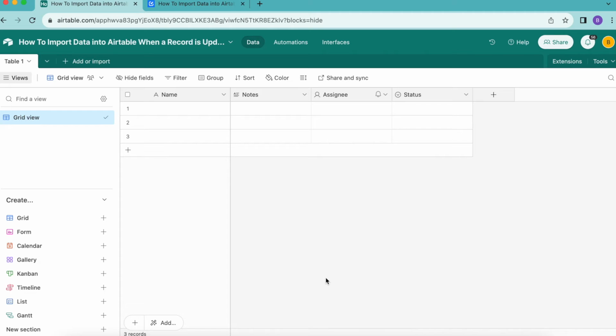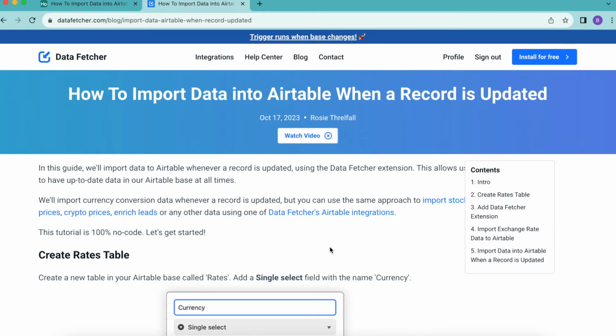Hello and welcome. Today we're going to learn how to import data into Airtable when a record is updated, and this allows us to have up-to-date data in our Airtable base at all times. So today we're going to import currency conversion data whenever a record is updated, but you can use the same approach to import stock prices, crypto prices, and enriched leads, or any other data using any one of DataFetcher's Airtable